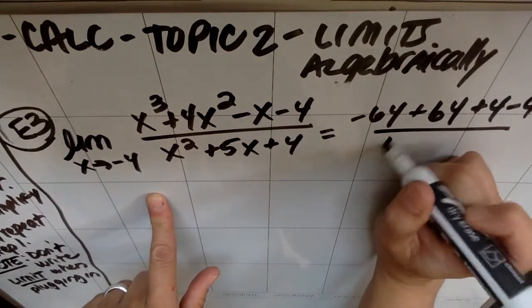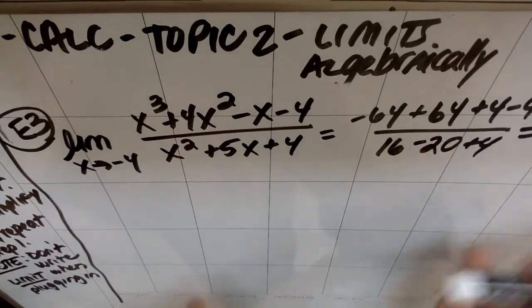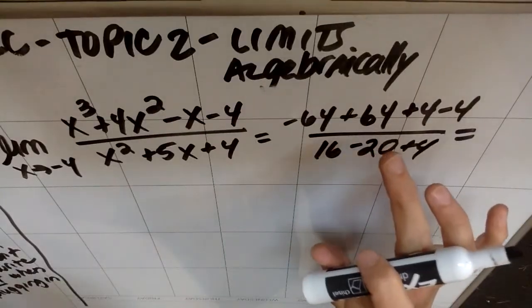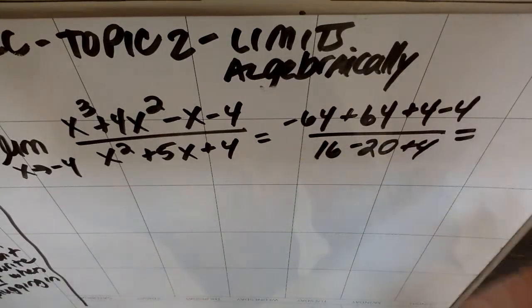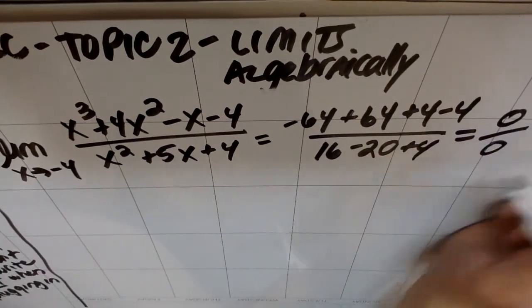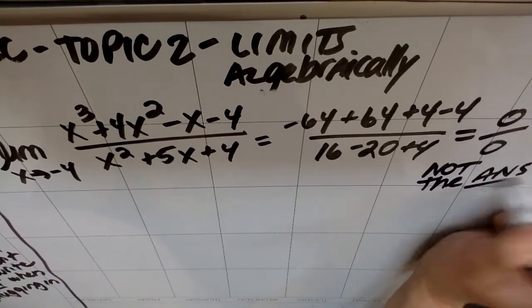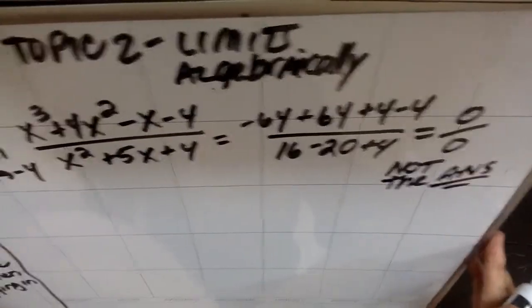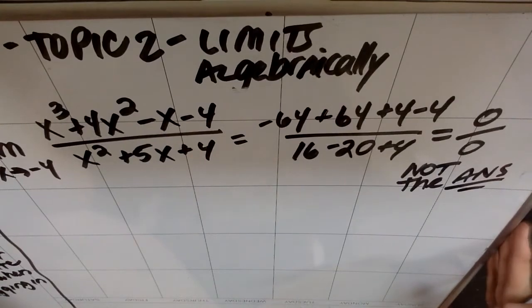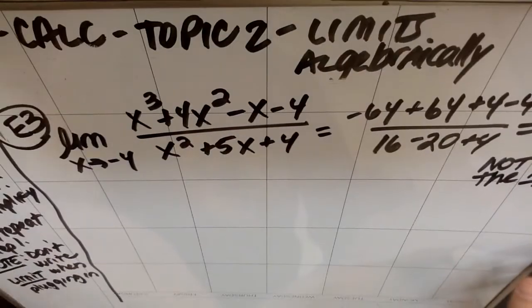On the bottom, I'm going to get a 16 minus a 20 plus a 4. I'm pretty sure that the 64 and the -64 sum to 0, the 4 and the -4 sum to 0, and on the bottom I get a positive 20 minus a 20. So sure enough, I get 0 over 0, which again is not ever the answer, right? That's a hint that you're going to have to factor and try and cancel things. Certainly in other examples, we'll see some where factoring's not the way to do it, but in these, it's likely